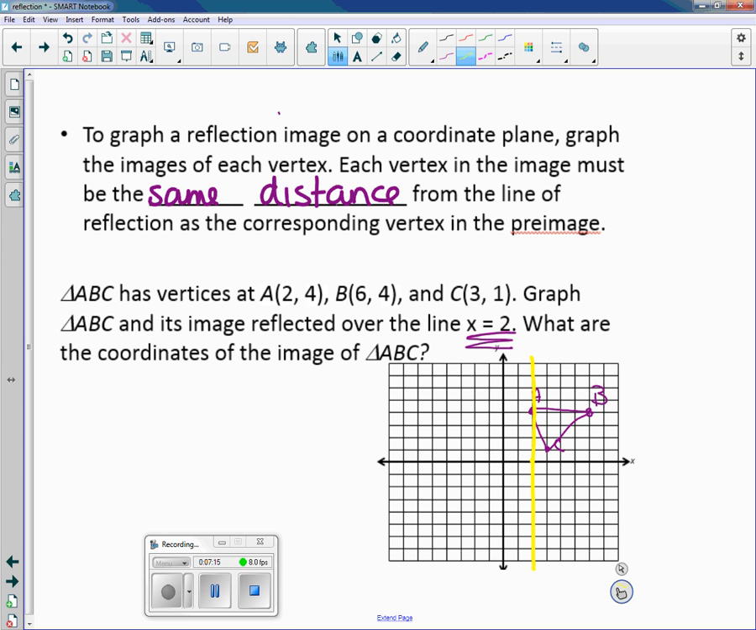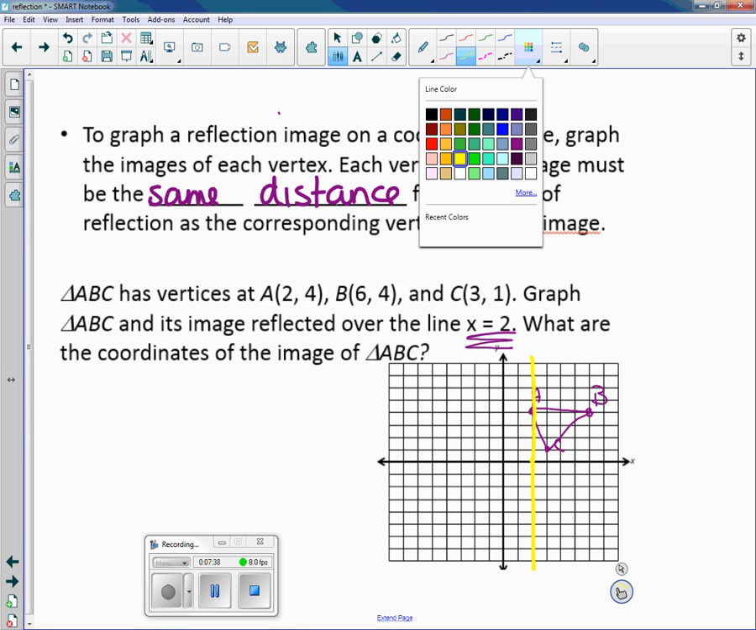So if I reflect this, first of all, my A is on my x. So it does not move. It can't move. It stays right where it is. My B is 1, 2, 3, 4 away from my x equals 2 line. So I need to go 4 in the opposite direction. 1, 2, 3, 4. So my B